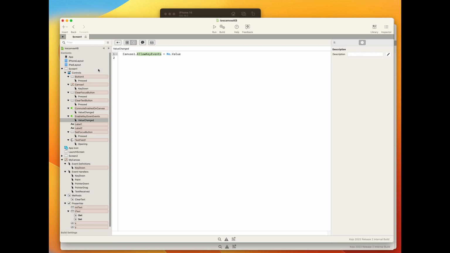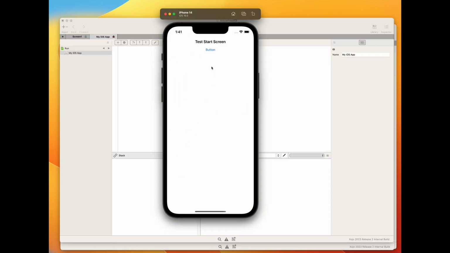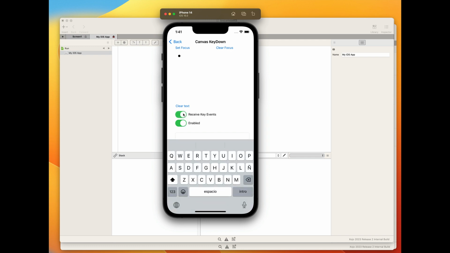So if we run this example project, we can see how this is a regular Canvas subclass where we can set the focus on it via code and also enable it setting its Allow Key Events to True. Once this last property is set, you can see how the on-device keyboard is automatically displayed on the screen. Of course, if you have any hardware keyboard connected to your iOS device, then the Canvas will receive the KeyDown